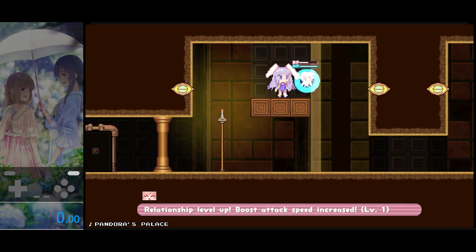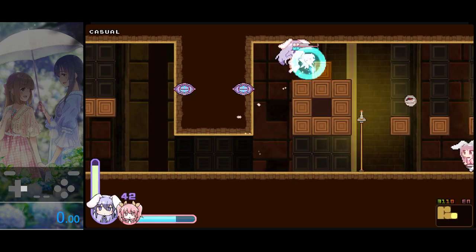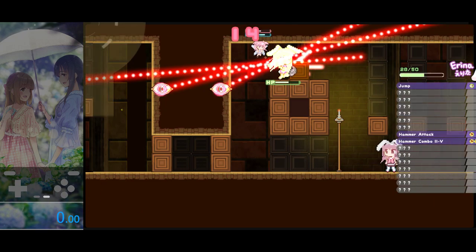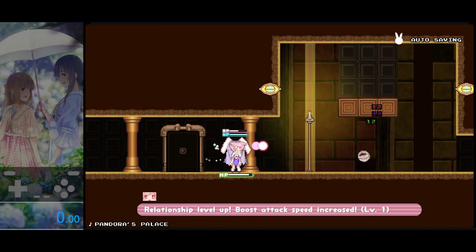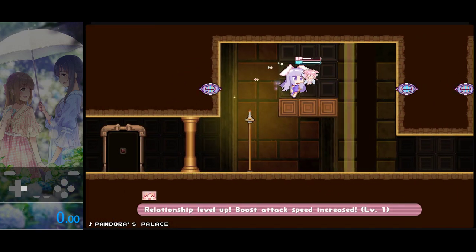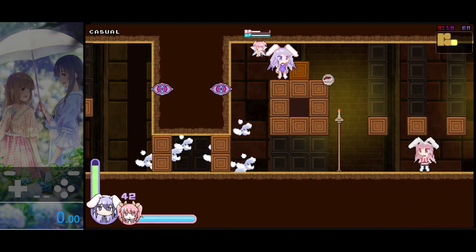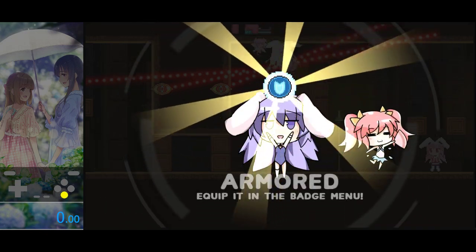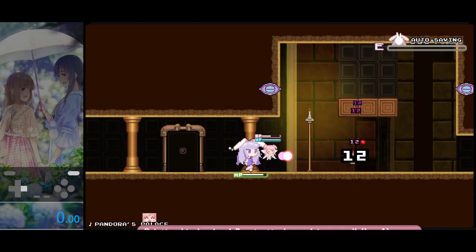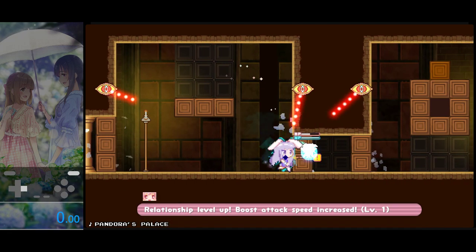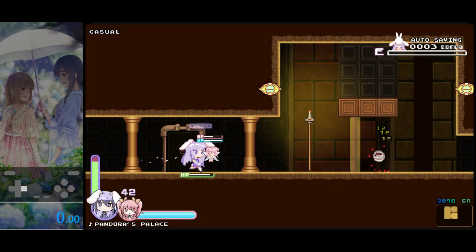So, I mean, it's hard to explain all the finer details, but just basically jump at the right time is the TLDR. I tend to hold right while jumping up there. I think you can just jump. Okay, so I guess you can't just jump. You have to hold right, which makes sense. You want to get deboosted forward is the idea. Basically how it works is